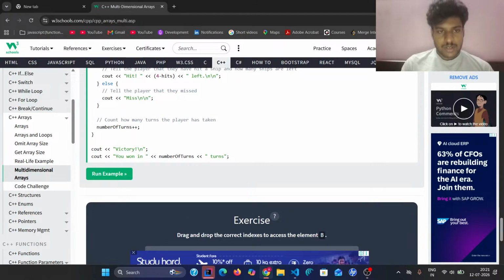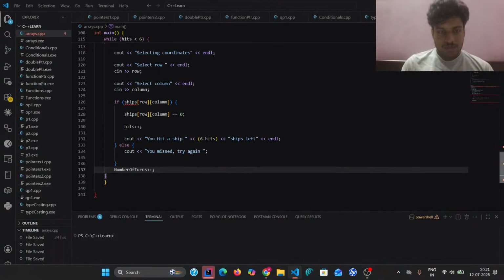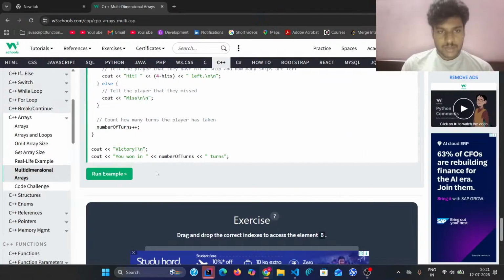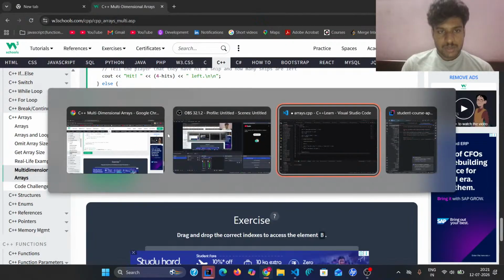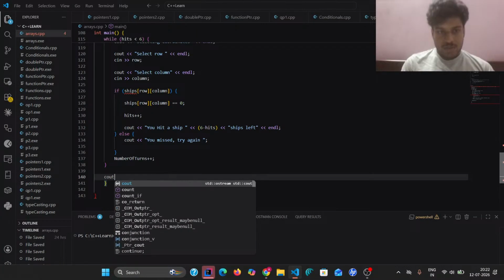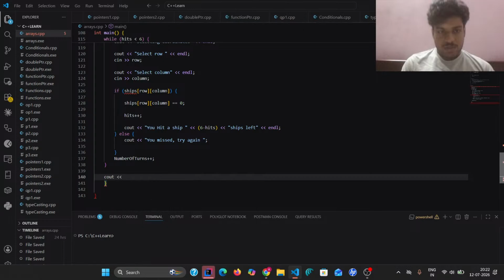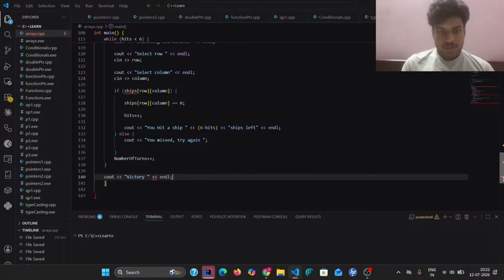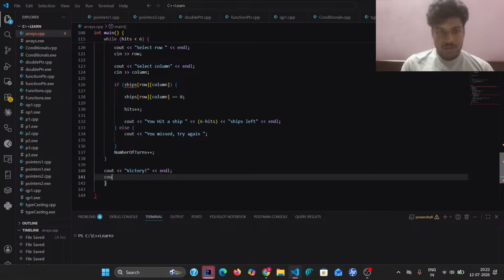cout victory. Almost done, I think. So let's cout victory. All right, so we are almost done, I guess. We just have to, outside here, cout victory, and then, and then, and I'm just going to cout